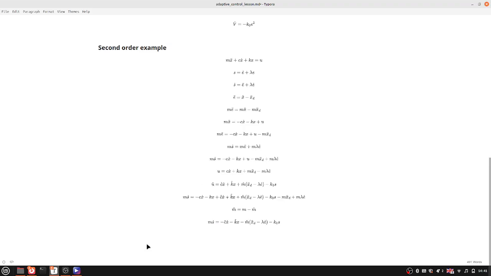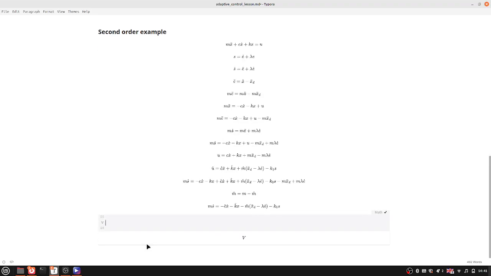So next stage, to find a valid Lyapunov function, V, same deal, 1 over 2. Now look at the dynamics that we have. We have M S dot, but we're going to take the first derivative, and then we're going to sub in, so we want it to be M S squared. And that will give us M S dot S when we take the first derivative. And let's add our 1 over 2 gamma